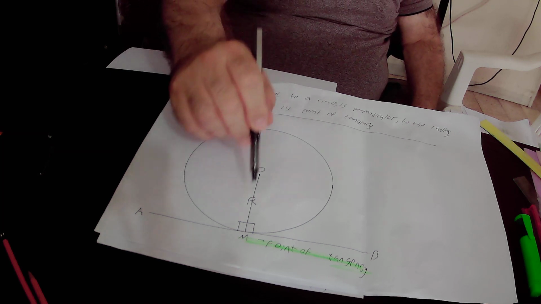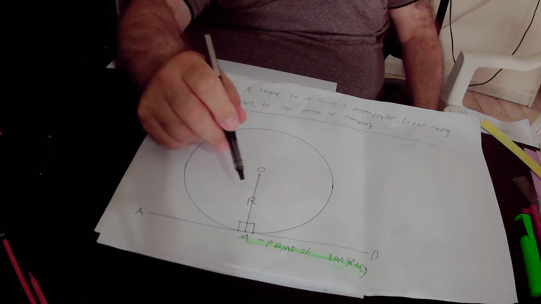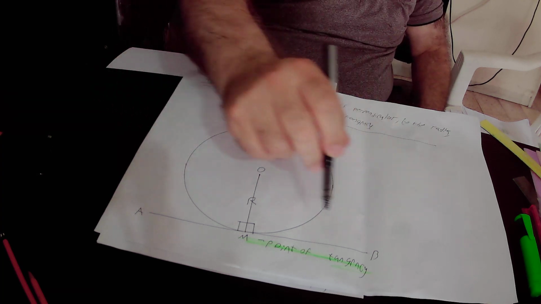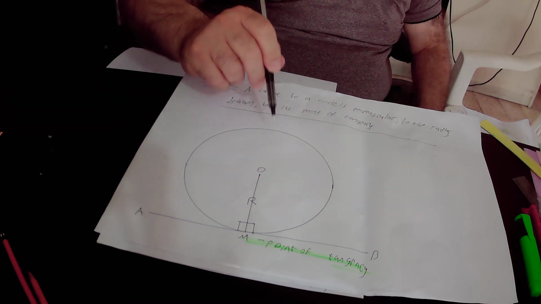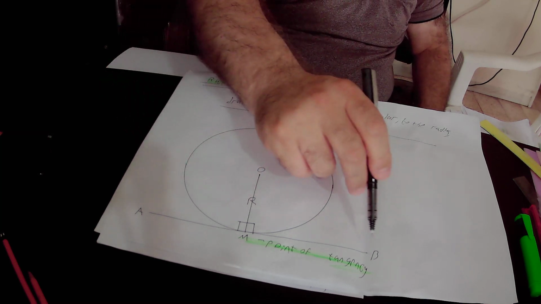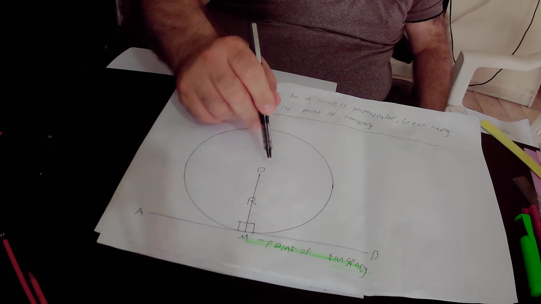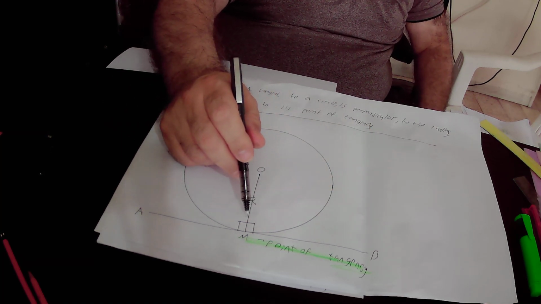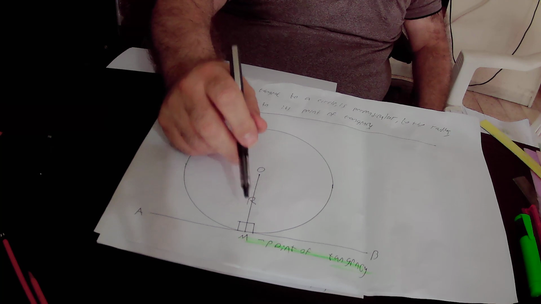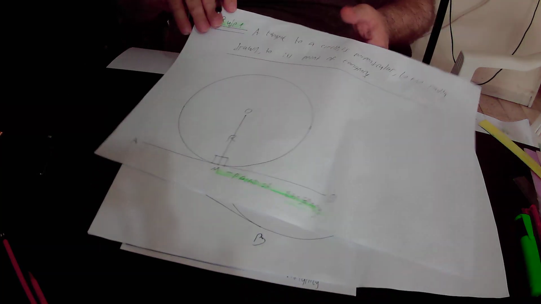We have the radius OM drawn to the point of tangency, and whenever you have a radius drawn to the point of tangency, then tangent AB will be perpendicular to the radius MO. So if AB is perpendicular to MO, that means this angle equals 90 degrees, and this angle also equals 90 degrees. So we can implement rule number 1